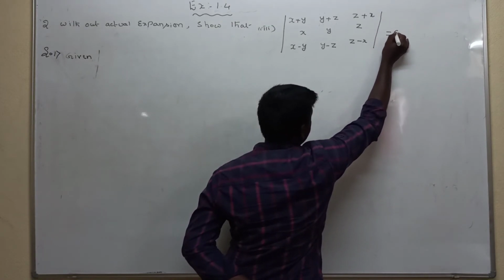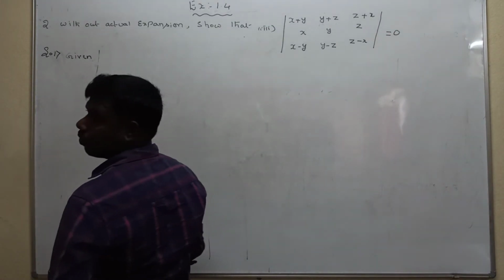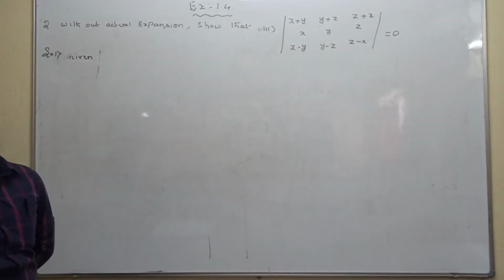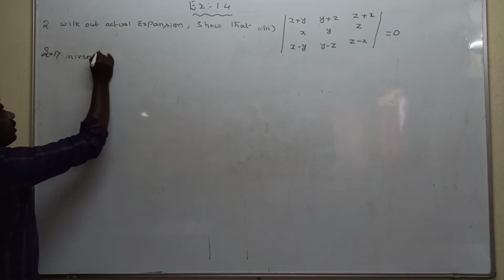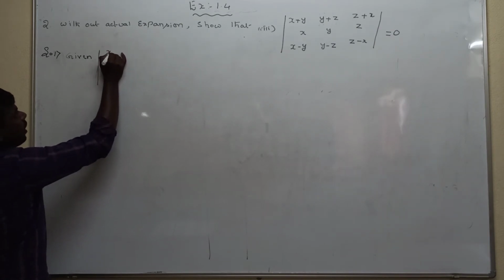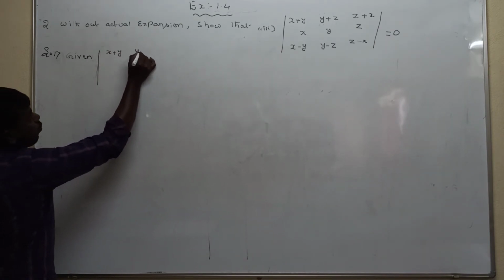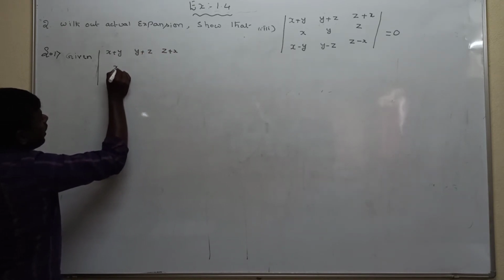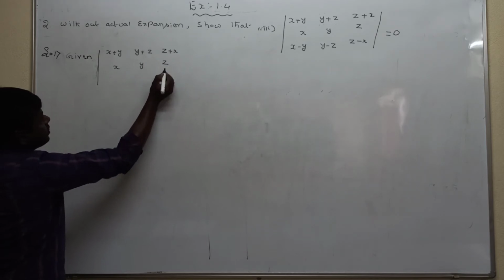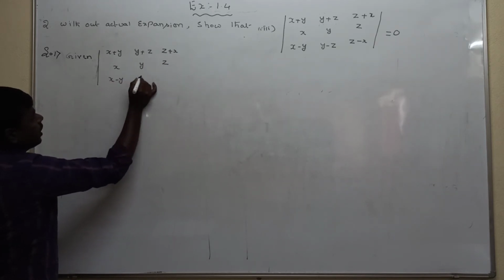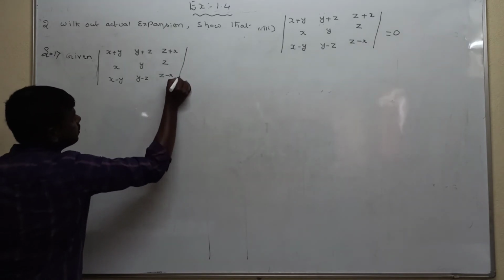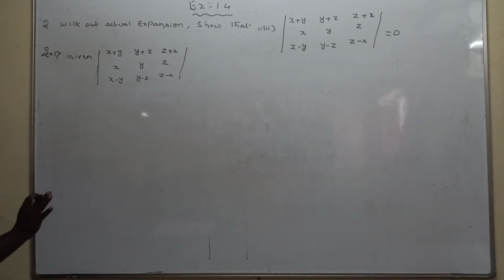This determinant value will be 0, and we have to prove it without expansion. See the solution here, friends. The given determinant is x plus y, y plus z, z plus x; x, y, z; x minus y, y minus z, z minus x. Now, observing all the columns and all the rows,